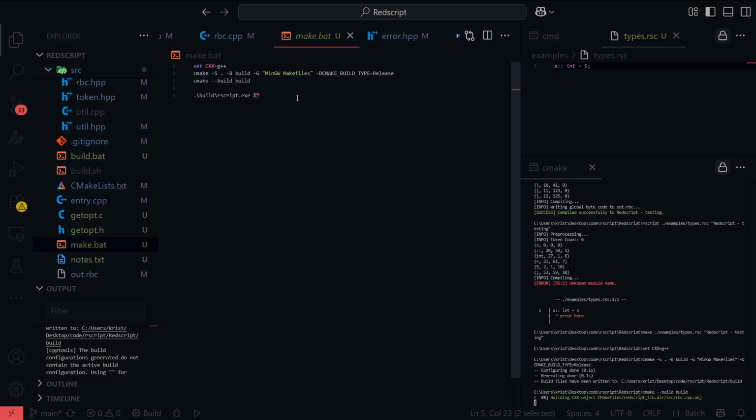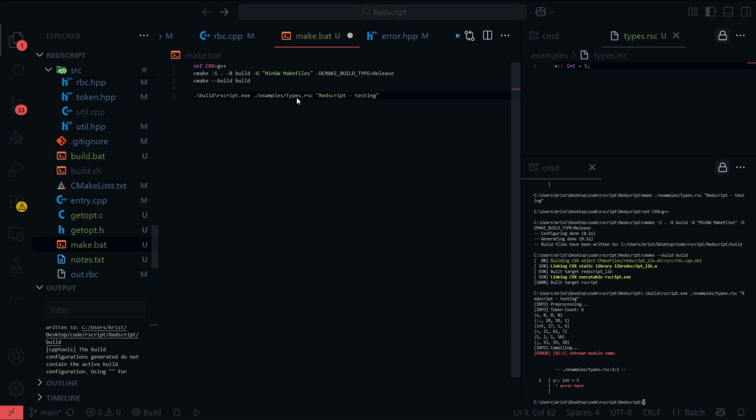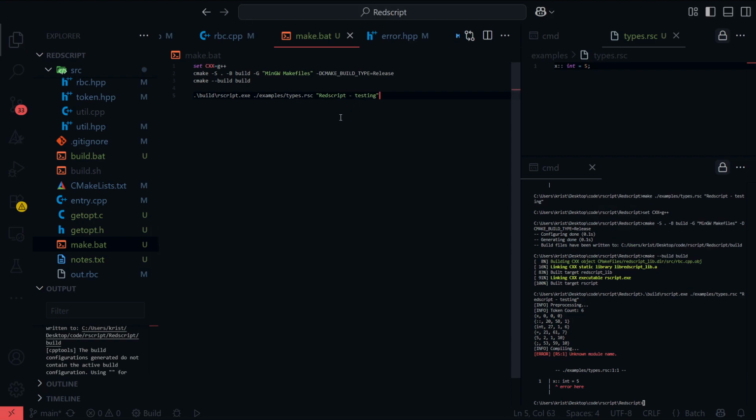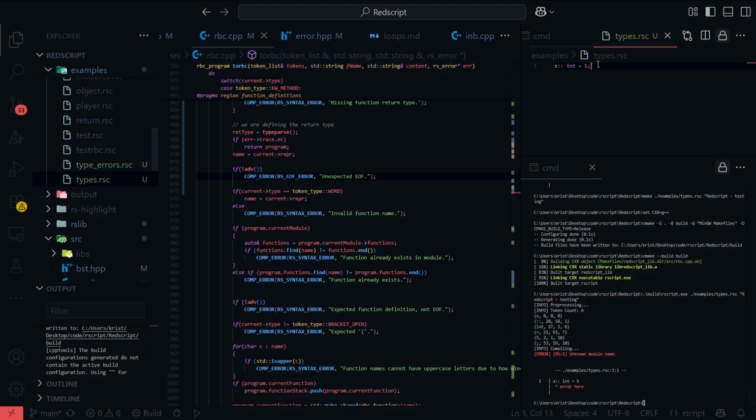So I will do types, RScript, testing. Like that, actually. Okay, so let's do without an integer. Let's just do like that.